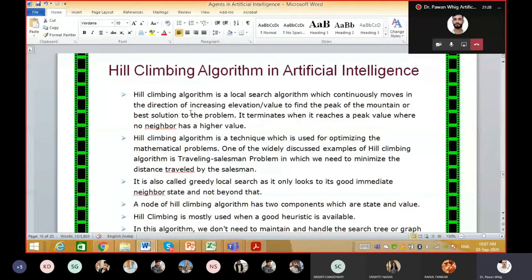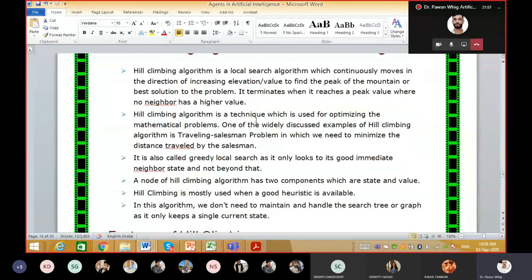Hill climbing is just like, if some of you do this in your life, hill climbing, the aim is to reach the top of the cliff or a hill. And for that, what you do basically, you just move a step ahead and check whether this is the top or not. If it is not the top, then you move forward again till you get the highest peak of that mountain or hill or cliff. So the hill climbing algorithm is a technique which is used to optimize a mathematical operation.